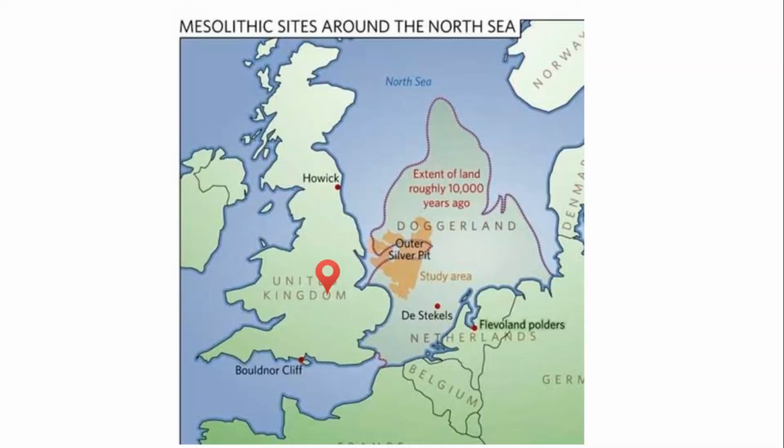Talking about Cheddar Man, he used to belong to a group called Western hunter-gatherers, which used to live in Western Europe, like Spain, Hungary, Luxembourg, etc. These people at that time migrated from mainland Europe to the UK region via a small land called Doggerland, which existed at that time. From that period onwards, from 10,000 years ago, these people have continuously populated the UK island. And today, 10% of Britons are the descendants of Cheddar Man.